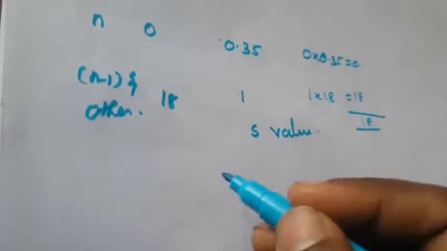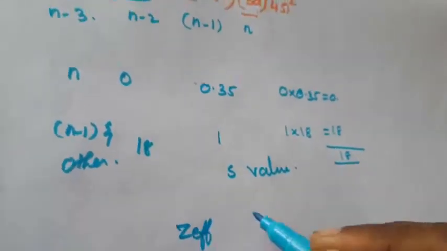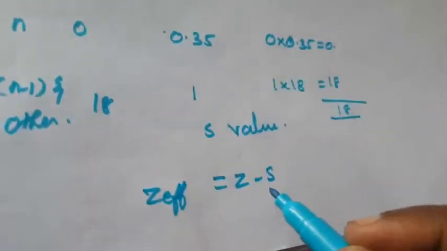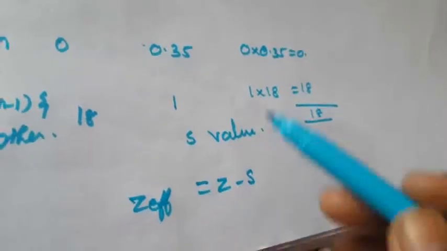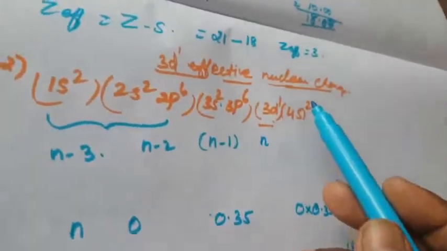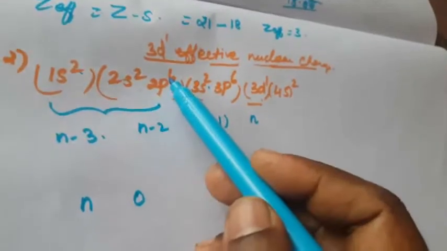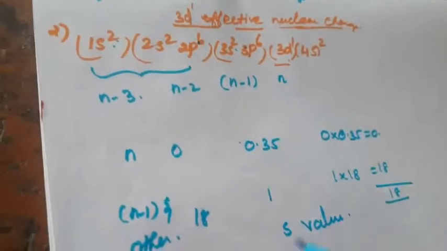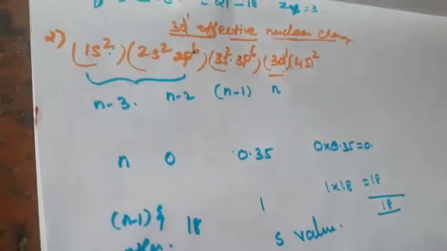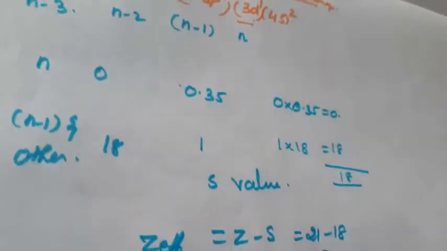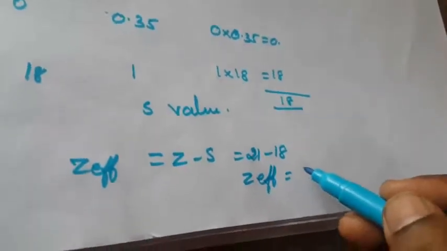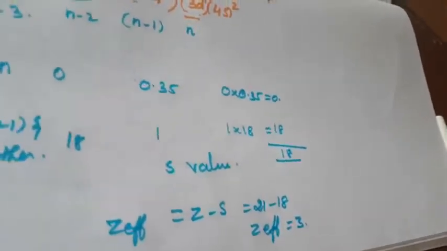So what is effective nuclear charge? Effective nuclear charge is equal to Z minus S. What is Z? Atomic number. So for the atomic number, you just add all that number. Okay. 2 plus 2, 4, 8 plus 2, 10, 10, 20, 21. So this is also scandium. So the atomic number 21 minus 18 is equal to the effective nuclear charge of the d orbital. That is, effective nuclear charge is equal to 3. Okay. The effective nuclear charge of scandium, or any other element, becomes 3.